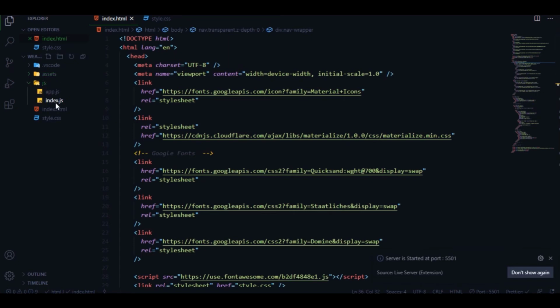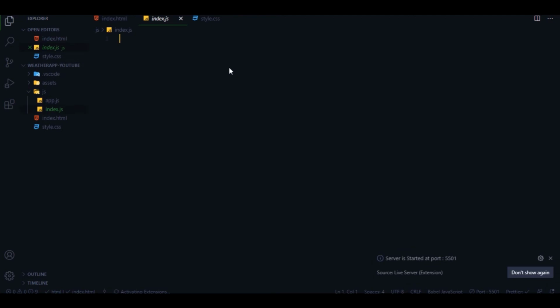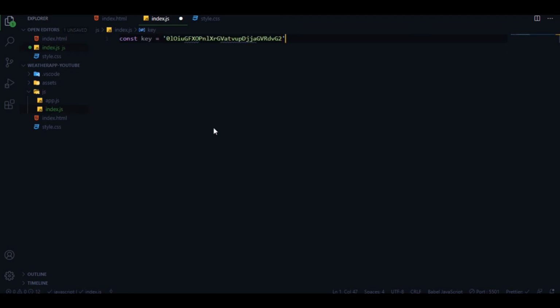Now inside the JavaScript folder, inside index.js, is where we will do all our API related work, and here I'll show you how you can fetch the data from the API and output it inside your browser. So let's try to achieve that. First we will declare a variable here, const key, and here we'll give the API key. After that, we'll get the weather details. First we will see how we can fetch the details of the weather, and for that what you have to do,